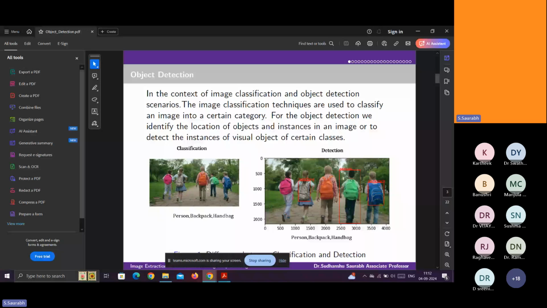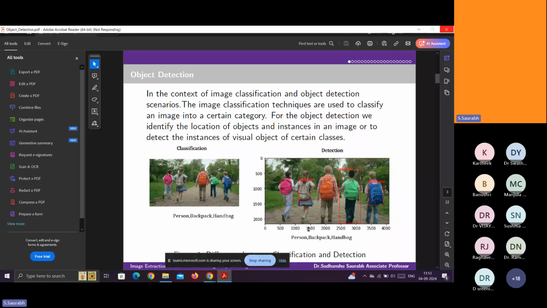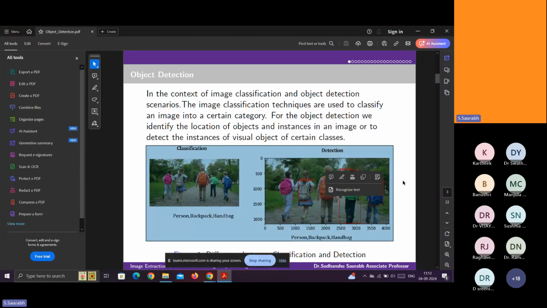Those algorithms generate a bounding box. So see, this is a raw image. In this raw image, we have to generate the bounding boxes for the number of objects available in this particular landscape. So in this landscape, you can see the regions along with the name of the object.